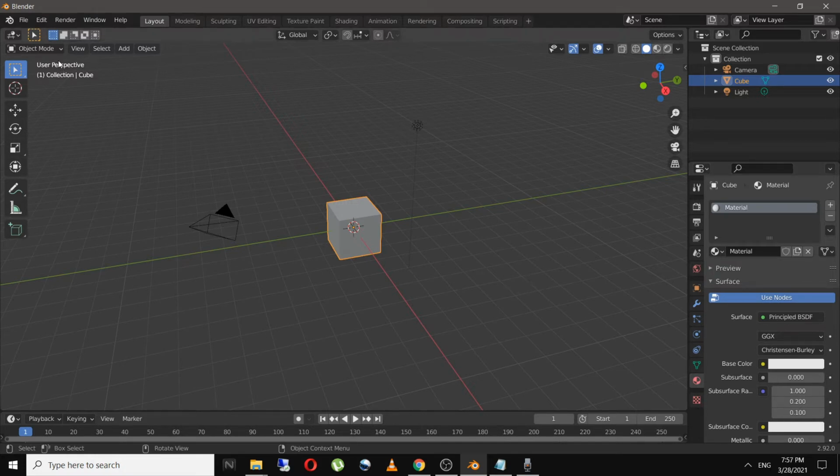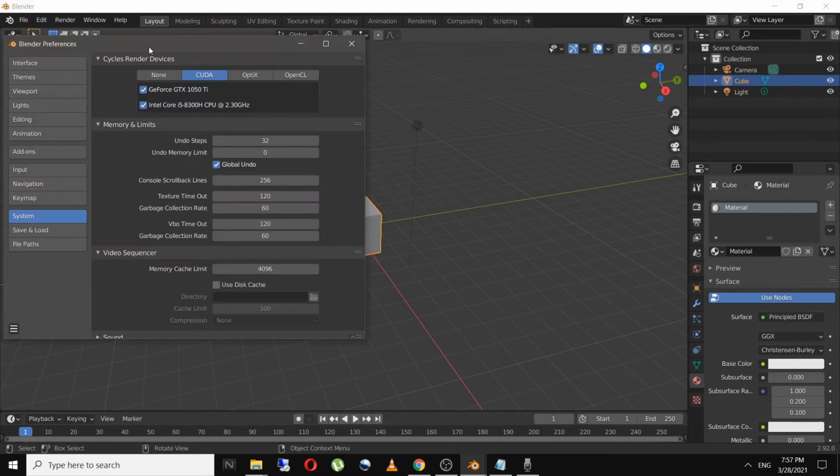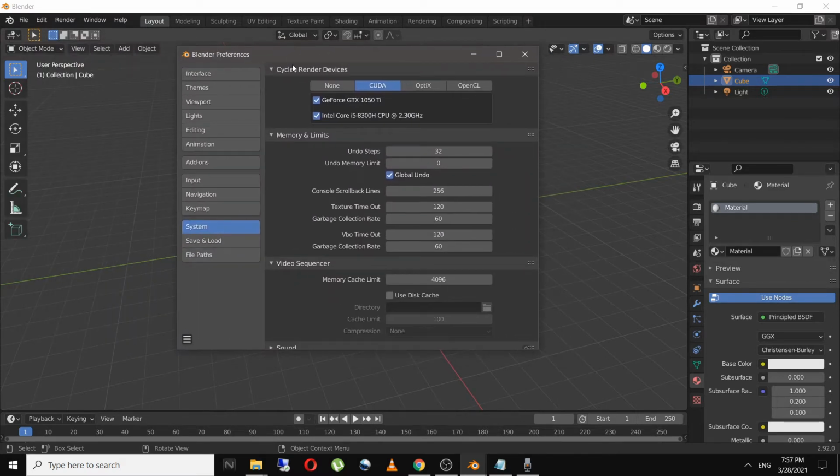So we have the Blender toolbar over here, and if we go to Edit and go to Preferences, we can see a lot of settings over here. In System we have cycles render devices. We basically work on two devices, that is CUDA and OptiX. OptiX is amazingly faster than CUDA, and I would recommend you to select that if you have a GTX or an RTX card.